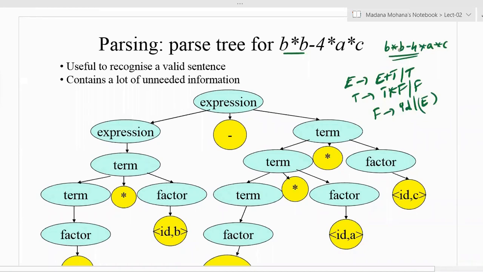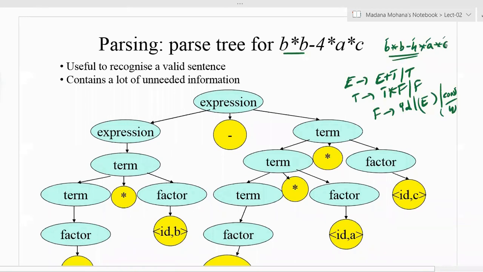The string consists of an identifier b, a constant 4, then another identifier a, then another identifier c. Here identifiers are called terminals. Suppose we take a constant, the value here is 4. So the leaf nodes of this partial derivation tree are identifier into identifier minus constant into identifier into identifier.